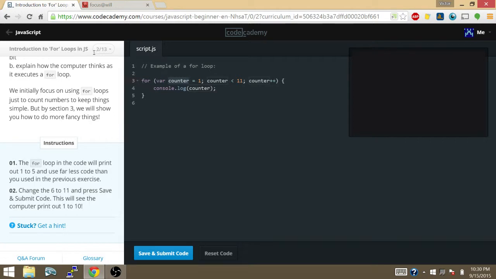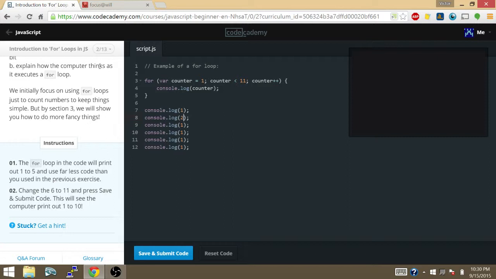So essentially what this block of code is going to do, what this for loop is going to do, is it's going to just say console.log 1, then console.log 2, console.log 3, console.log 4, console.log 5, all the way to console.log 10, right? So the value of counter, when it first runs,